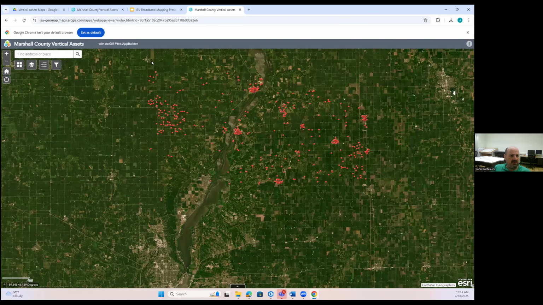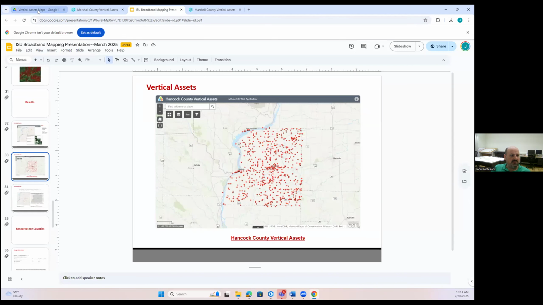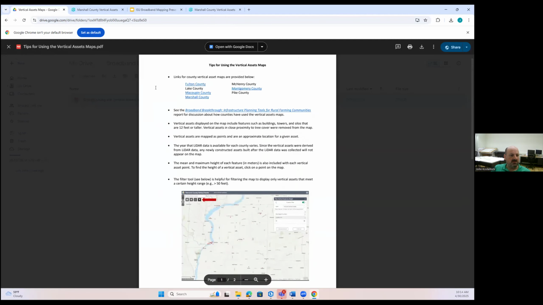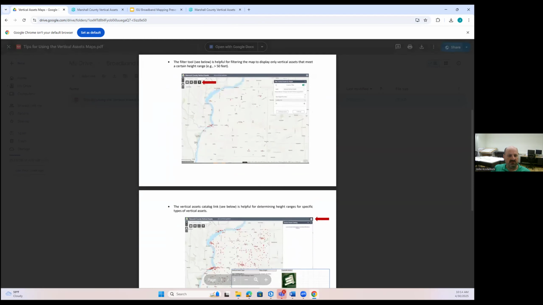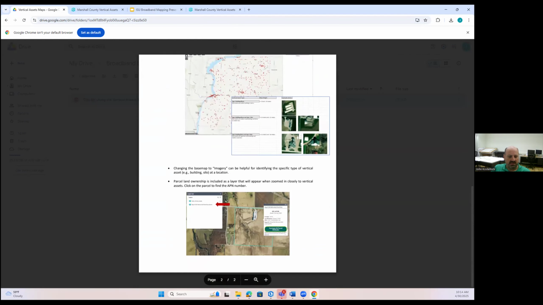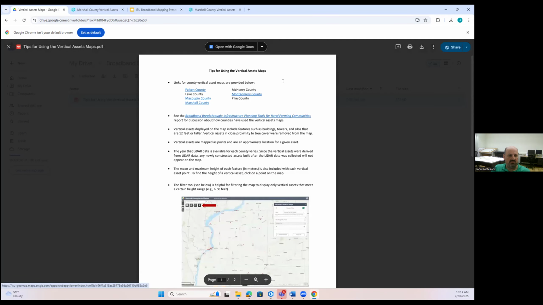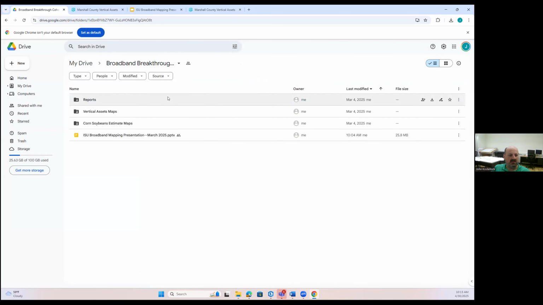Other than that, I think that gives a little bit of a summary of things. Again, those steps are outlined: how you can do a filter, and some other things, the imagery, the parcel, that type of thing. So again, this document's in there. The other 3 counties here, as I mentioned, you'll have your own links here very soon. And then you can explore and use these however you see fit in your own county. So I think that's kind of everything that I've got.